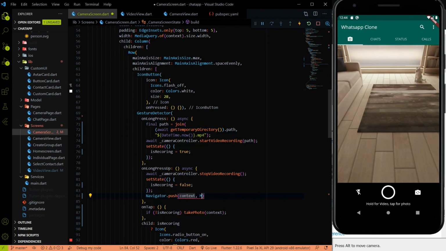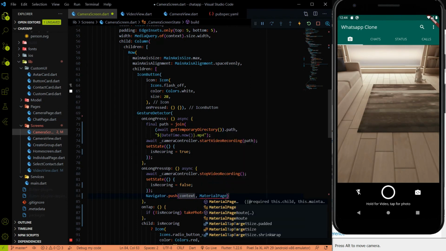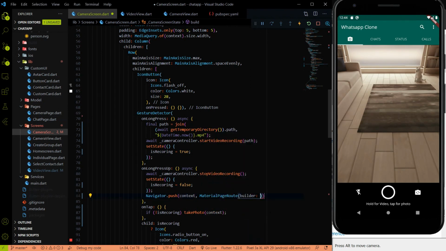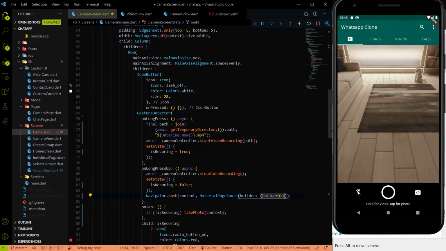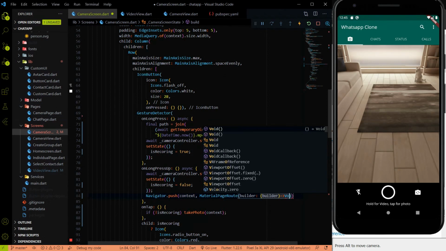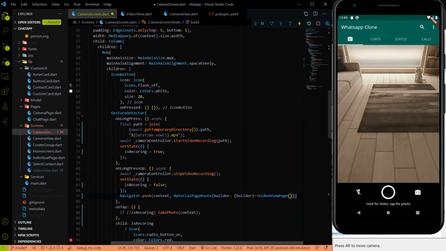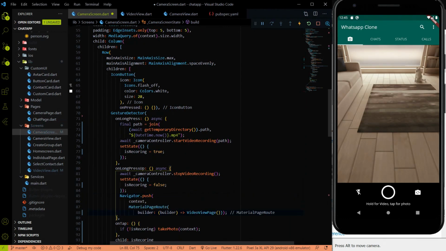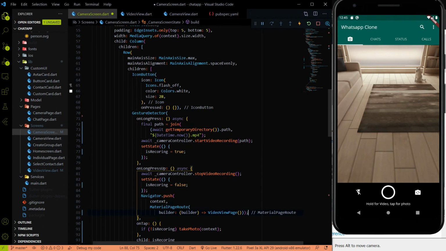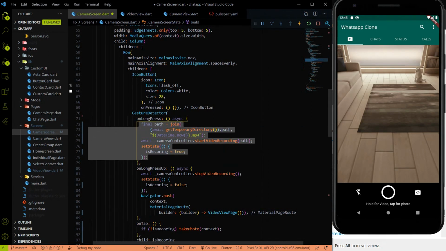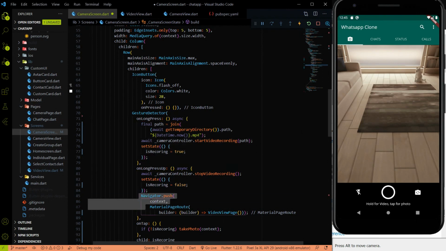We have to perform the MaterialPageRoute thing over here, the builder method, and we have to return the video view page from here. Okay, and also we have to provide the path of the video, because we set the path here and we are performing the navigator in on long press up.